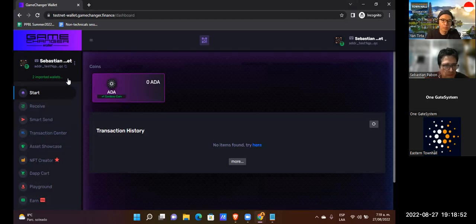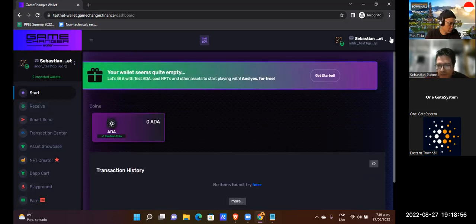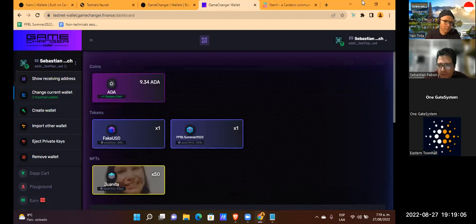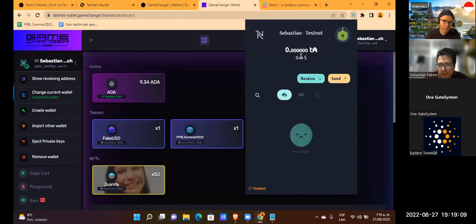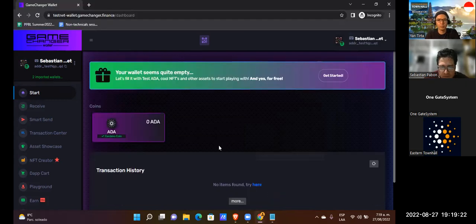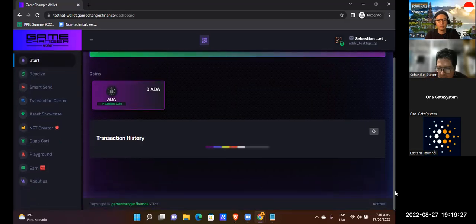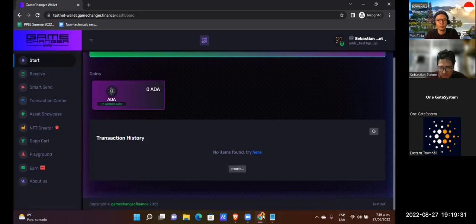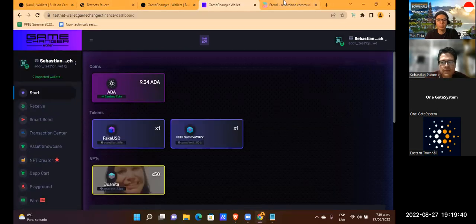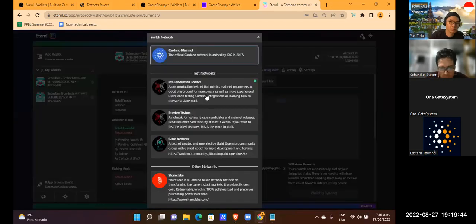And we have here our Sebastian wallet. But the thing is, as we can see here in the NAMI wallet, this wallet is empty because the same case applies. The GameChanger wallet has to update its features or its software to show the new testnets in general, as Eternl wallet does here. It has pre-production testnet and preview testnet. It already made all the updates of the software.